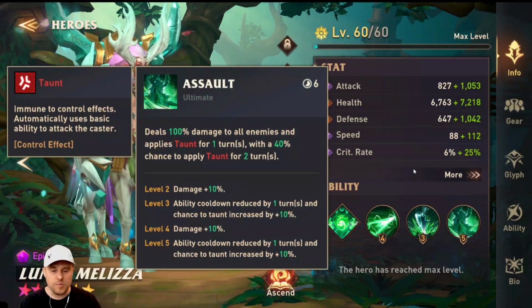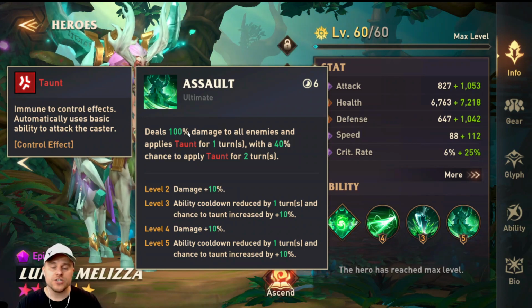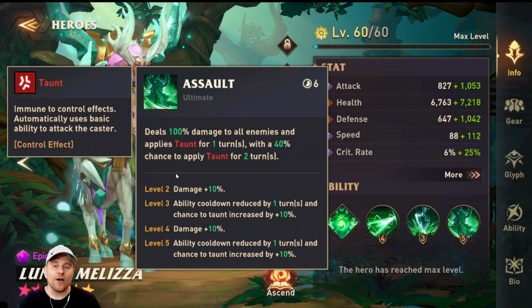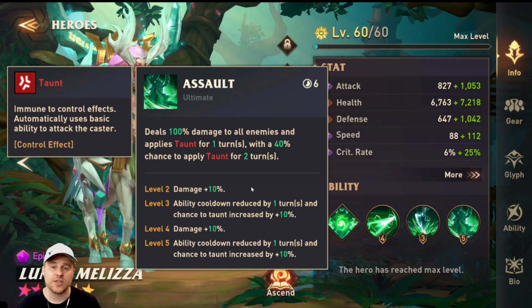And of course, the thing that she is really known for, and she's really the best for, that would be her ultimate. Her ultimate deals 100% damage to all enemies, and then she applies taunt on everybody, which is very cool. It applies taunt for 1 turn, and then she has a 40% chance, and then 60% chance when it's fully leveled,